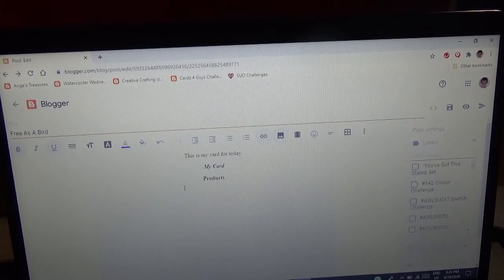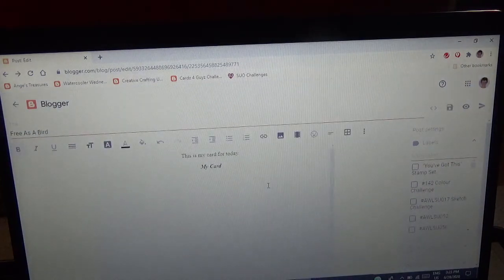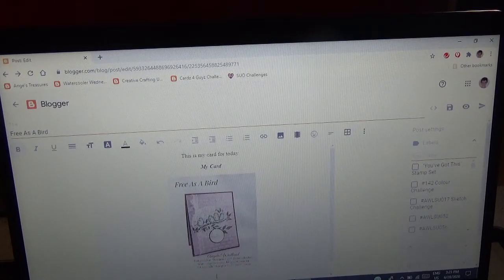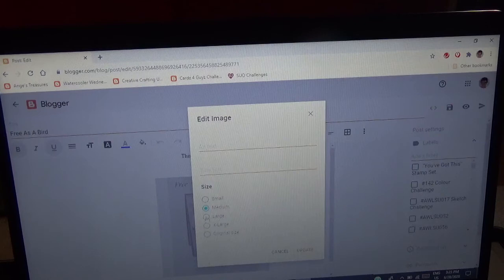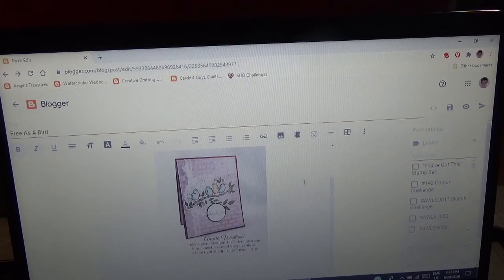Oh, I've lost my picture. It's easily done. So we'll just grab that picture again. Browse the picture. Then highlight my picture, click on the pencil, make it large, update that, then come underneath, then I want to go to left align. See where my cursor is there? I'm just going to write